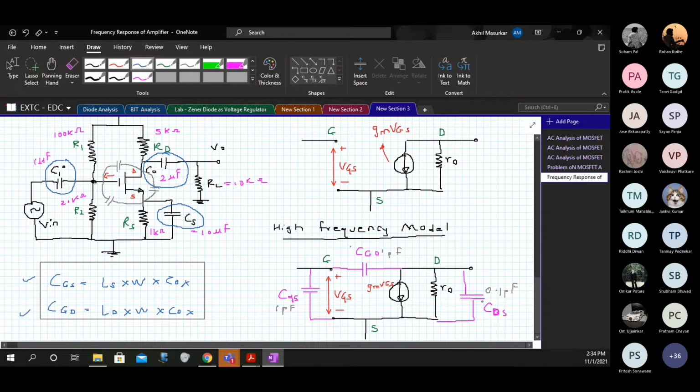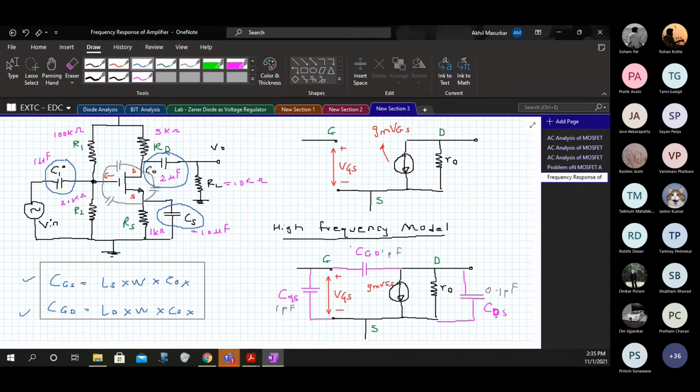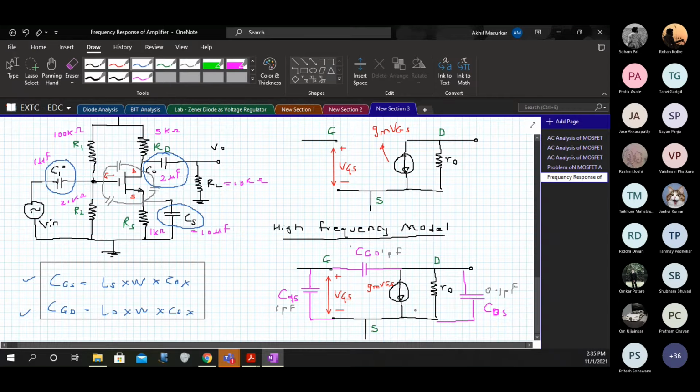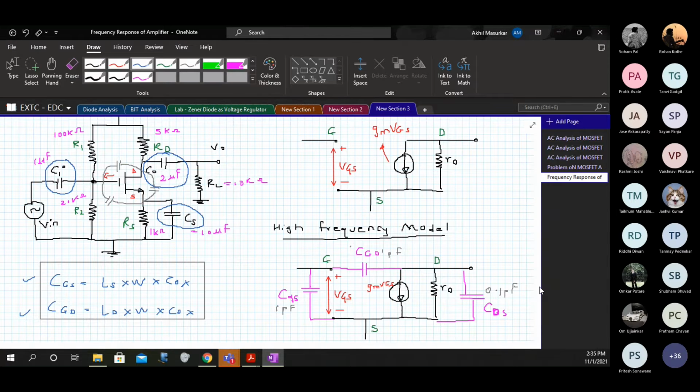Okay, but this is already having very high impedance. So first they will short circuit, and if you continue to increase the frequency, then this CDS will short circuit. But by the time CGS and CGD short circuit, the device would be already damaged and there would not be any use of even looking at CDS, because that will get short circuited after CGS and CGD short circuit. So that's why the focus is on CGS and CGD.